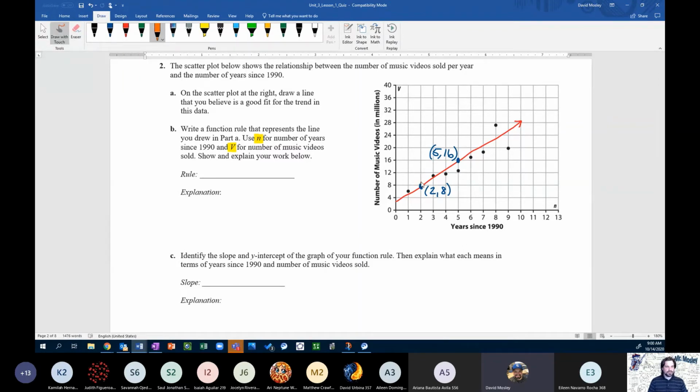And we're going to have an increase here and an increase on x. On y, we moved from 8 to 16. Plus 8. On x, we went from 2 to 5. Plus 3. All right, so we have